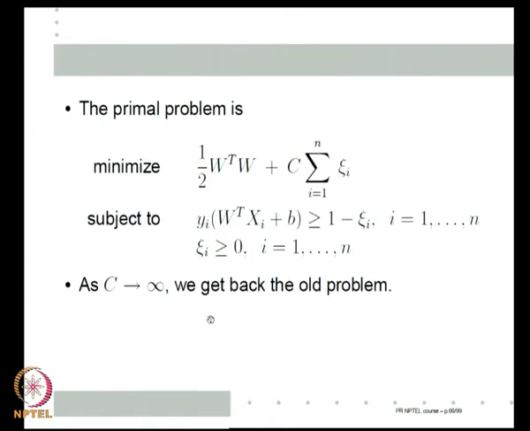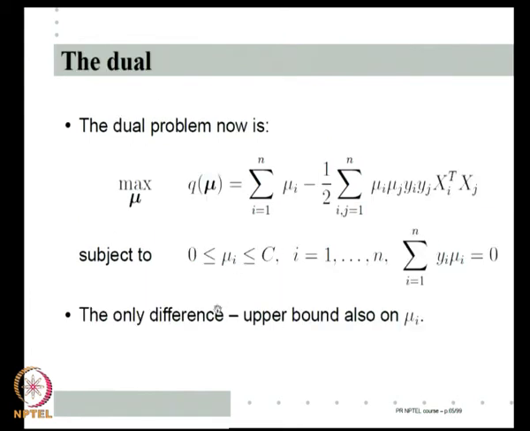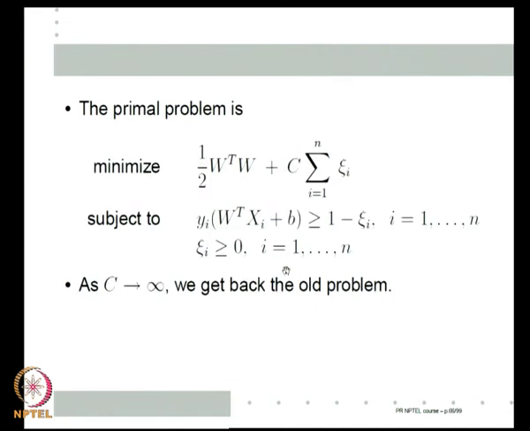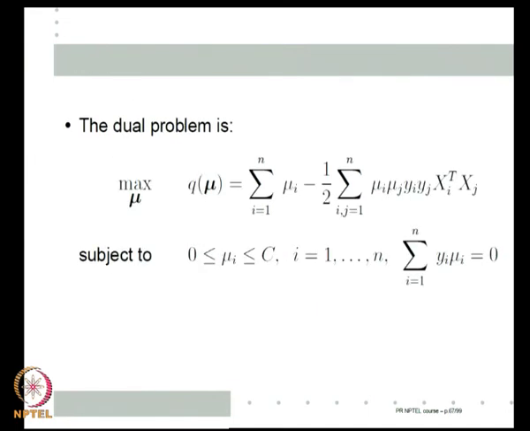Of course, it is very easy to see this is my primal problem. So, if C tends to infinity, if C is very large, then even a little bit of positive J_i makes this term so large that that will not be where the minimum is attained. So, ultimately my minimum will be attained only at the place where the J_i are all 0. If the J_i are all 0, it is like the old problem. So, as C tends to infinity, we get the old problem. As C tends to infinity, I get the old dual, obviously. So, this is my dual.